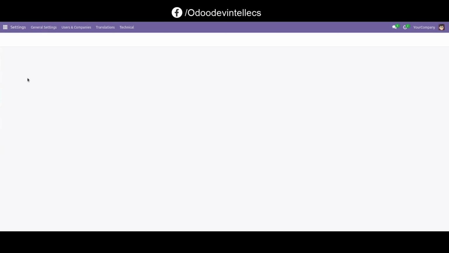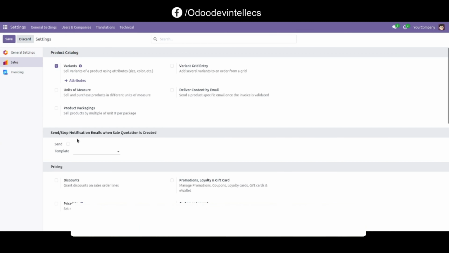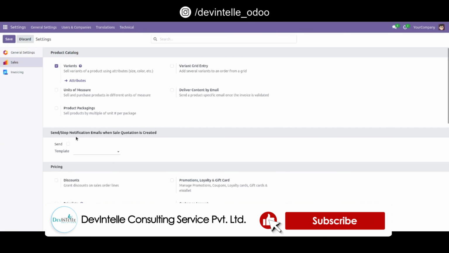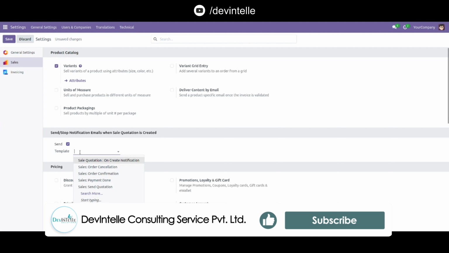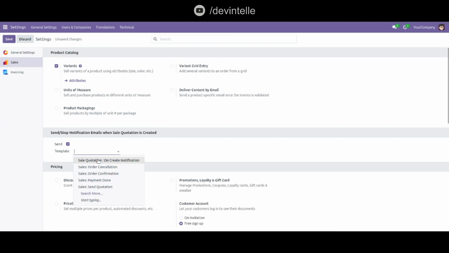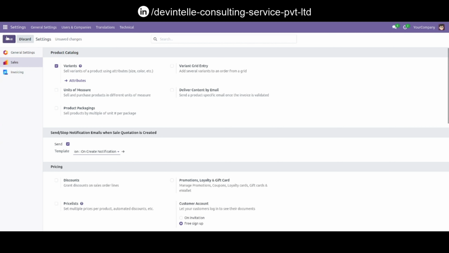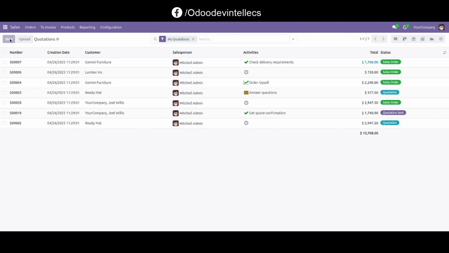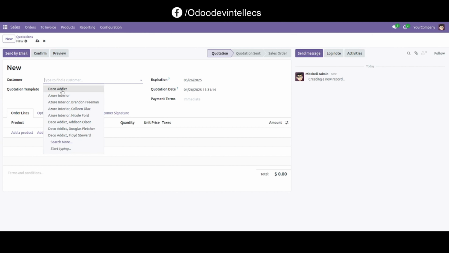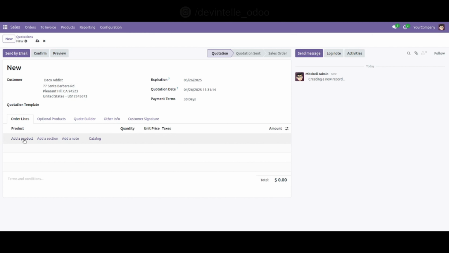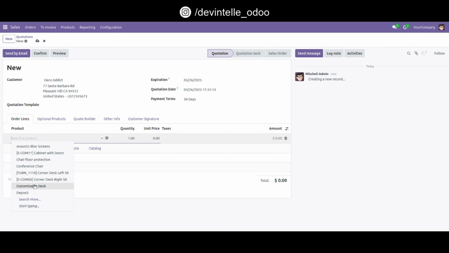First go to Settings, go to Sales and see here this Send or stop notification email when sell quotation is created. So I want to send and selected template is sell quotation on create notification. Let's save. Now go to sales, create new quotation, add customer like a deco edit, add product like a customizable